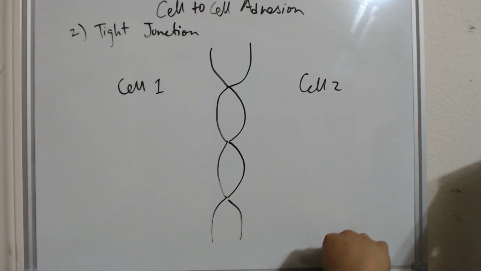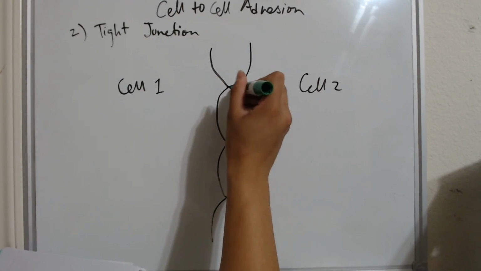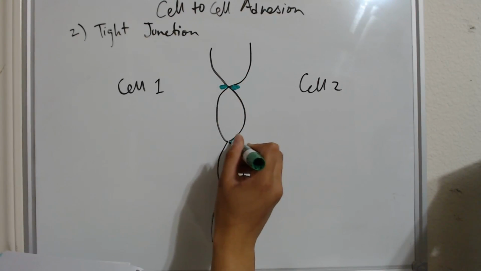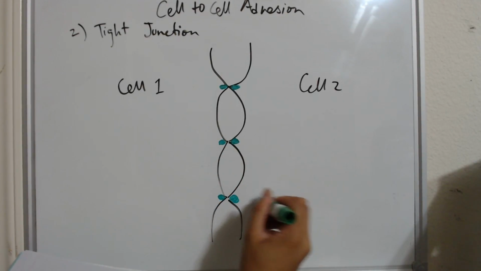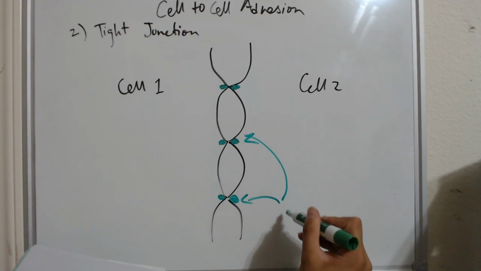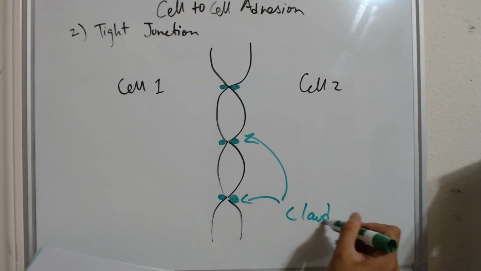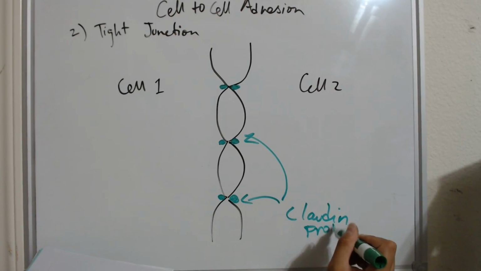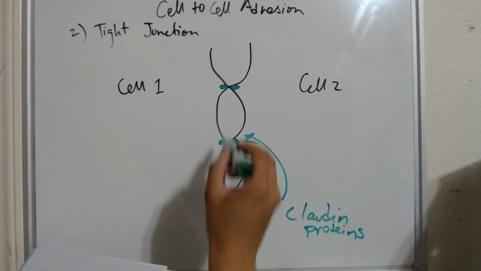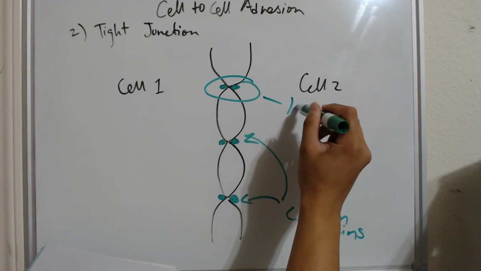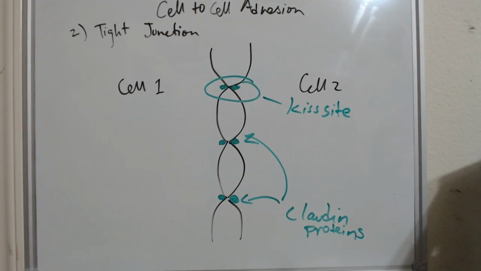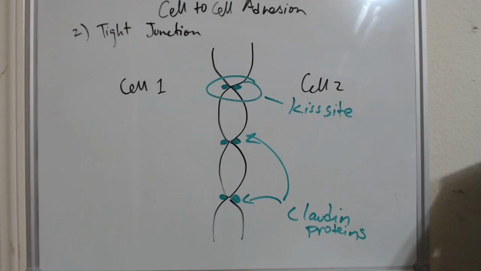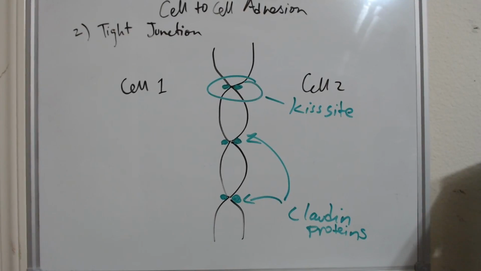And at the plasma membranes, there are proteins right here. And these proteins are called Claudin proteins. This area is called a kiss site. So the Claudin proteins on the kiss sites,